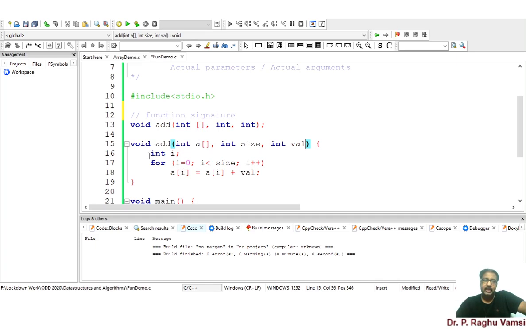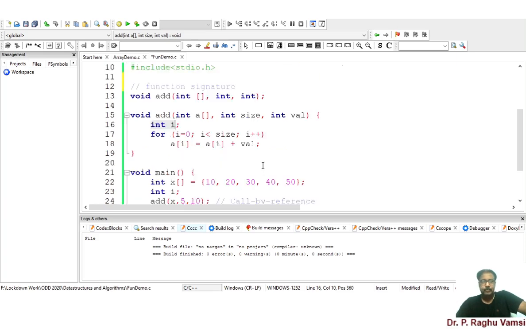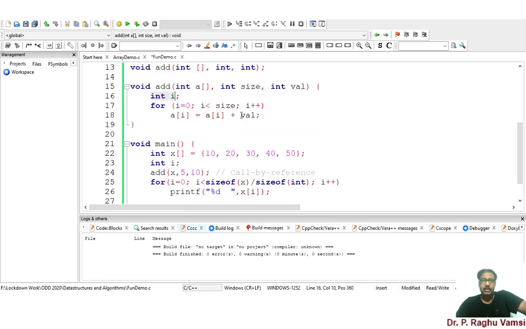Now to iterate, I'm going to use a variable called int i. For i is equal to 0, i less than size, i plus plus, a of i is equal to a of i plus value. So that means this particular value is going to be added to every element in the array.